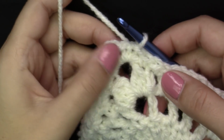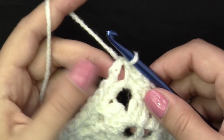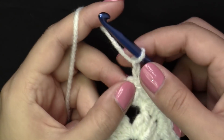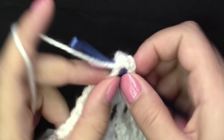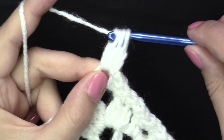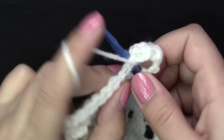You're going to have to slip stitch your way to the chain 3 space, so you're going to put 1, and the second slip stitch is going to be into the corner. Here you're going to chain 2 so we can form again a double crochet 3 together. So this is one unfinished double crochet, this is the second one, and the third one. And yarn over, pull through all 3 loops, chain 3, and again double crochet 3 together